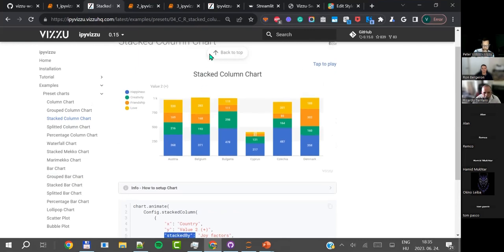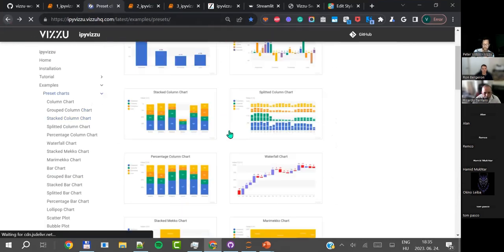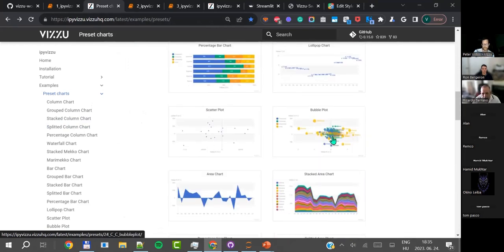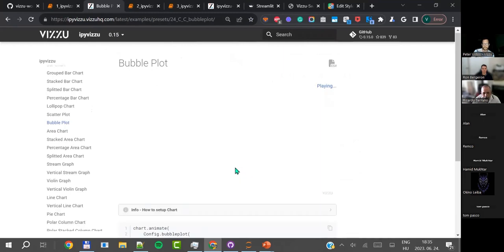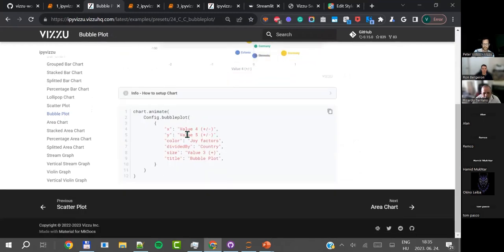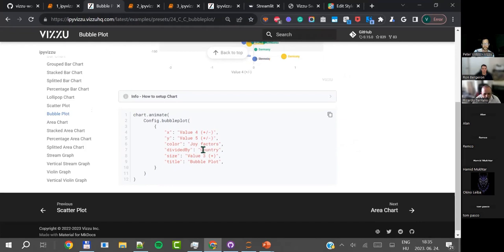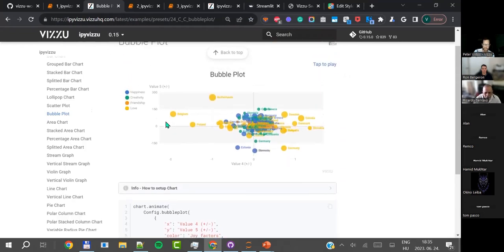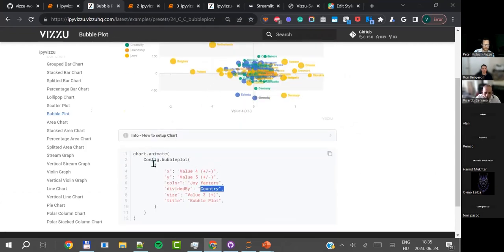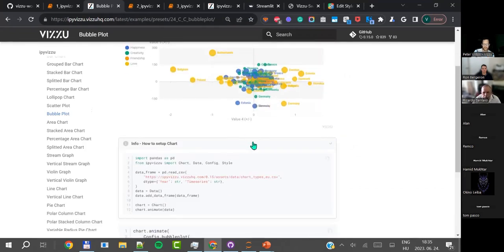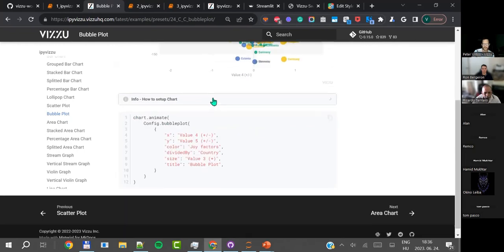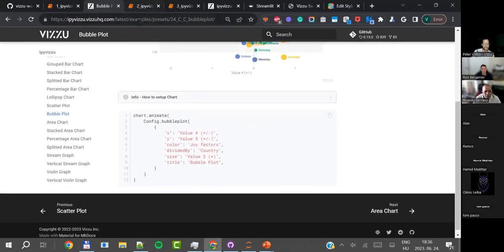And on our documentation site, you have a lot of examples, and as you saw, this is a bubble plot, which has two values on the axis and another on color, and then another that divides them up. But basically, you have an example that works there, and you have a sample code, and if you open this up, you can just copy and paste this into your notebook and have the same chart there in order to figure out how it works.